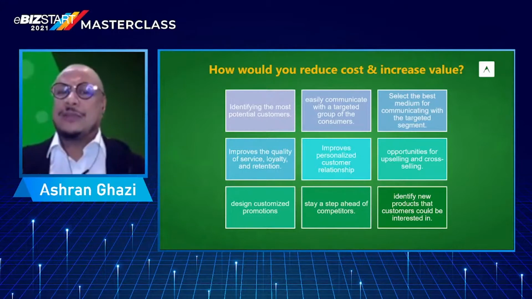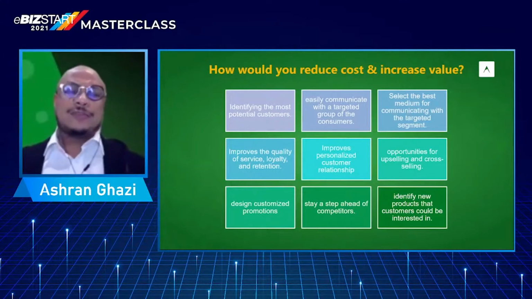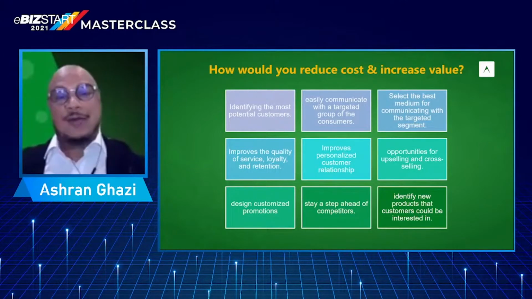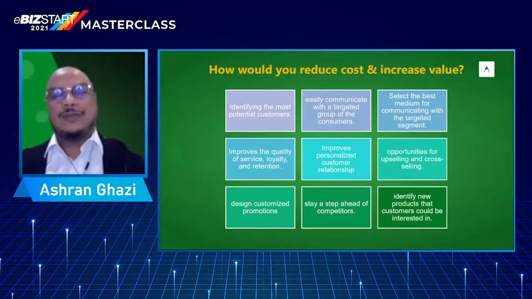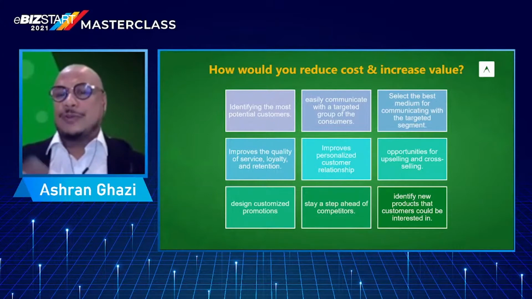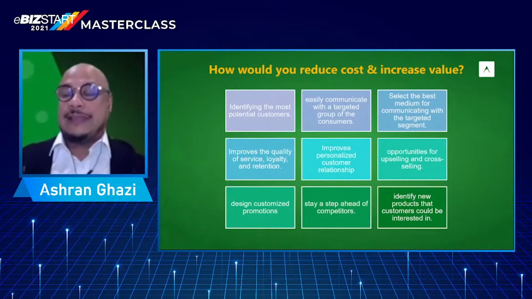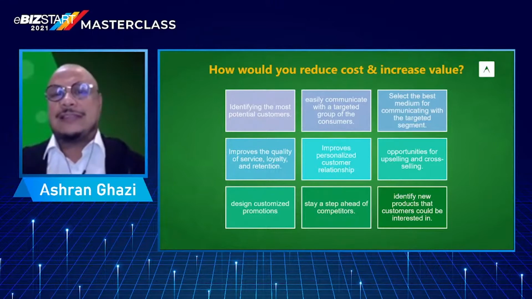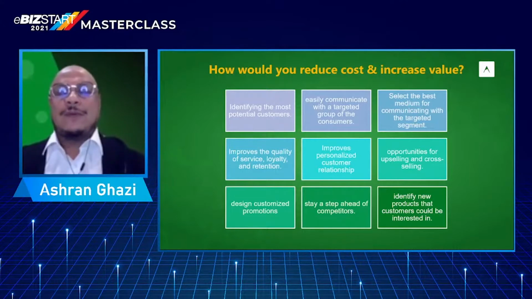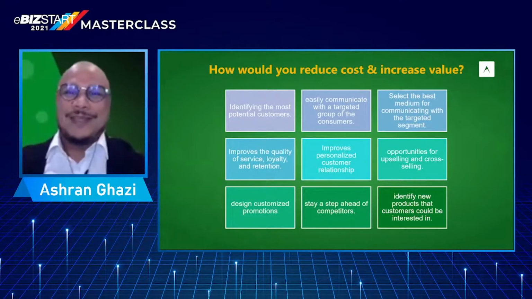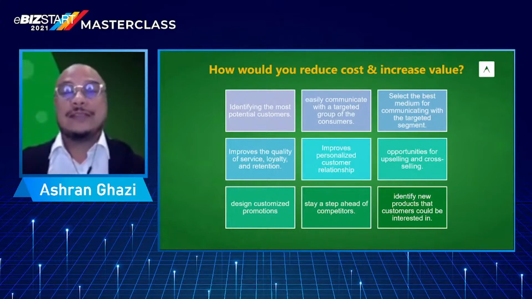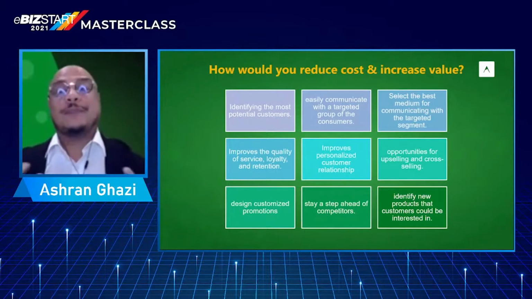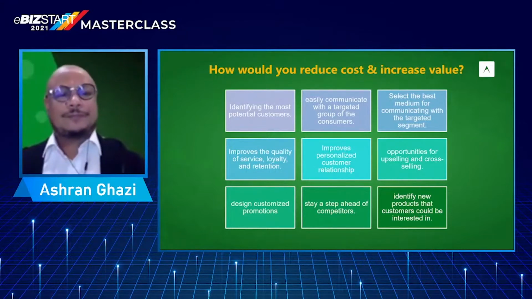I think if you listened earlier to my colleague Ain's session, she would have highlighted how you're able to break down a large age demographic into two to three blocks so that you can communicate with them in a much more engaging manner. You're also able to select the best medium for communicating and targeting those segments. Yes, they may buy from your online store, but it doesn't mean that your method of communication is just through Facebook. It doesn't mean it's just WhatsApp. Different customers may have different preferences, and you want to optimize the way you engage with them.